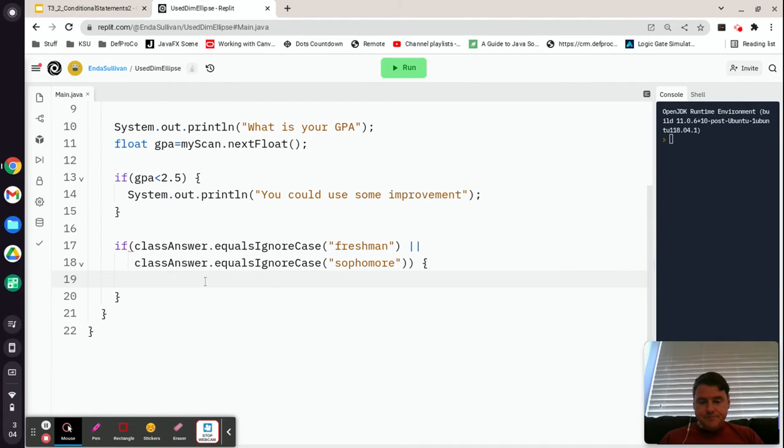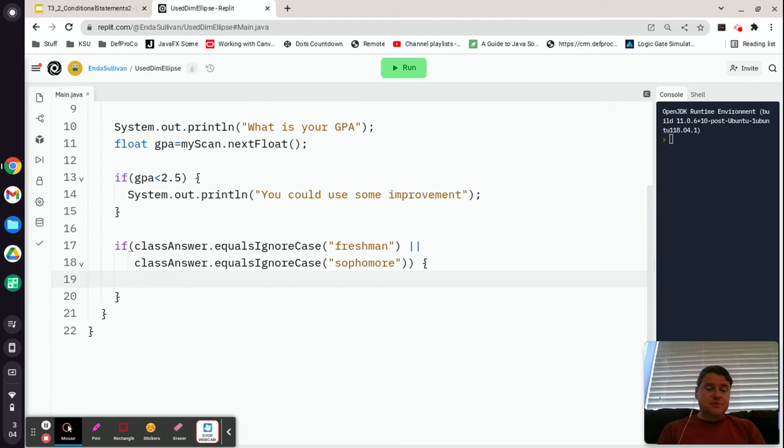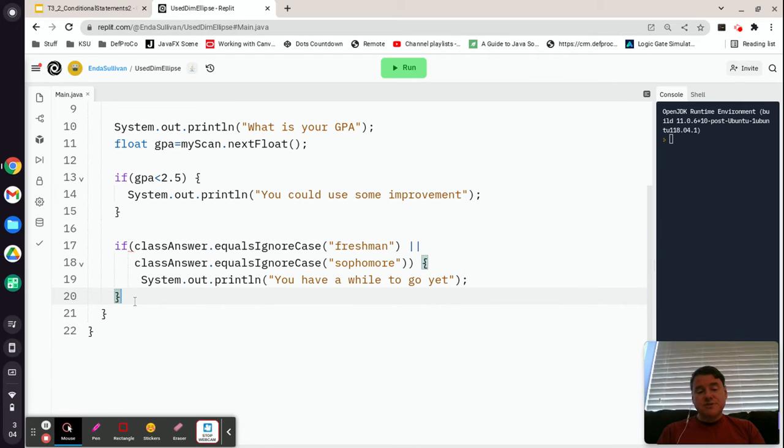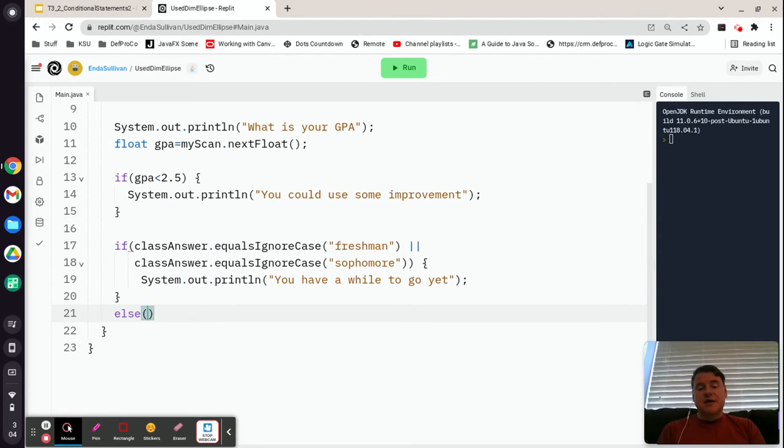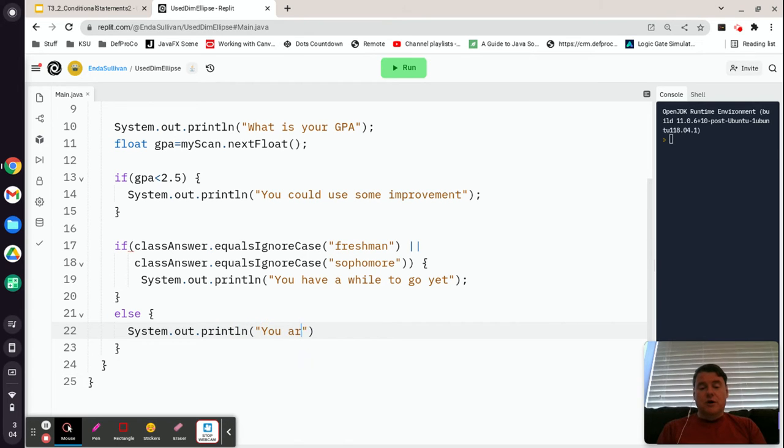All right, so now that we have decided whether or not they are a freshman or sophomore, we're supposed to say System.out.println, you have a while to go yet, or whatever it is that we're supposed to print out. Now this one does have an else condition, because in this case, the else condition is that they are a junior or senior. So in that case, we were told that we were supposed to tell them you are almost